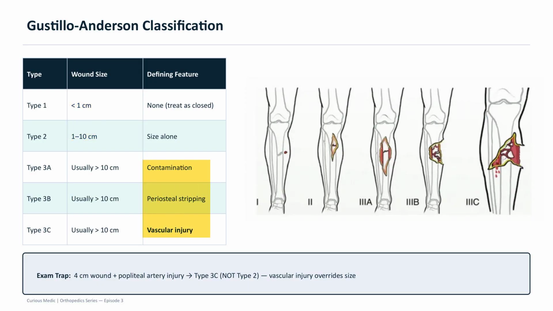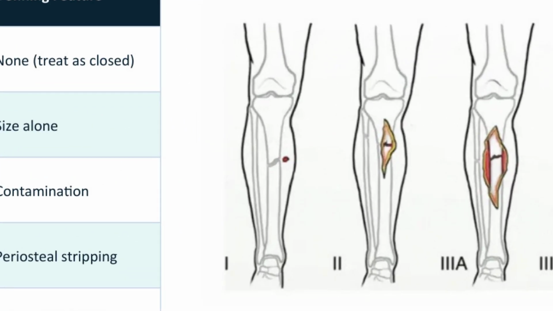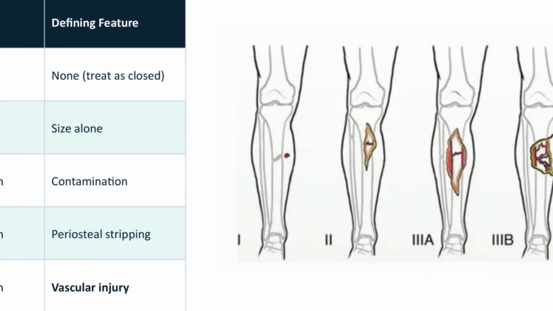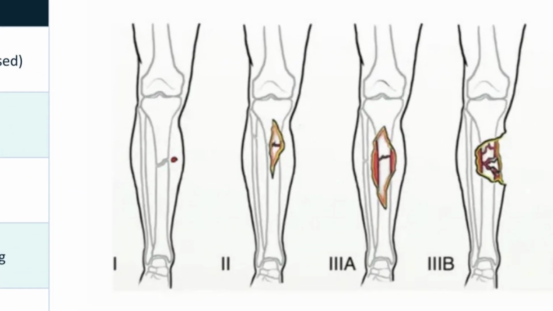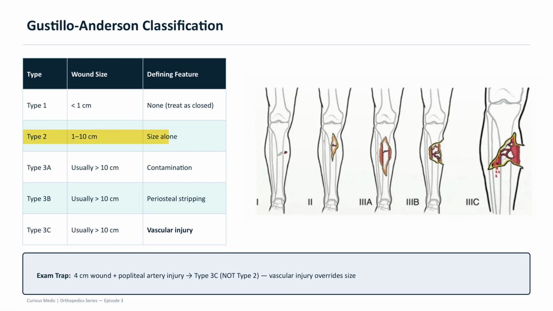But for all three subtypes of Type 3, there is a more important defining feature beyond just the size of the wound. Type 1 has a wound less than 1 centimeter. It is treated essentially like a closed fracture because the wound is so small and clean. Type 2 has a wound between 1 and 10 centimeters. Here, the size alone is what defines it. Now for Type 3, all three subtypes usually have wounds greater than 10 centimeters, but wound size is not the